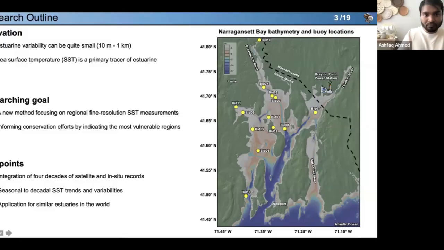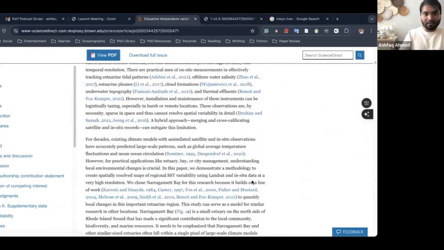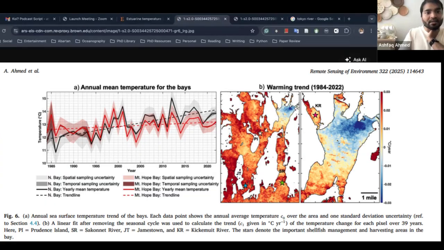Similarly, we focused on Landsat because Landsat has the last 40 years of data, at high resolution. If we map all the data, in fact, I will show you what we see from the map. This was one of the important results from my paper. In the x-axis, I'm showing the year from 1984 to 2022. In the y-axis, I'm showing the mean temperature.